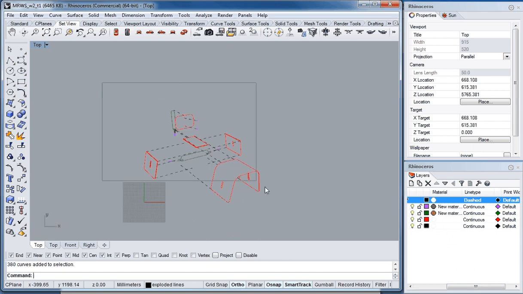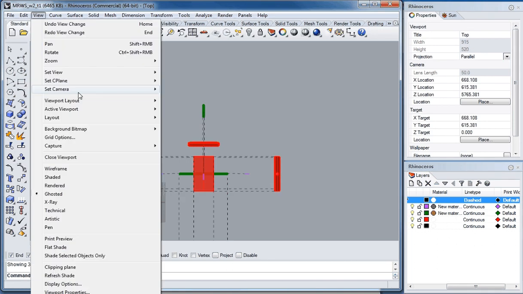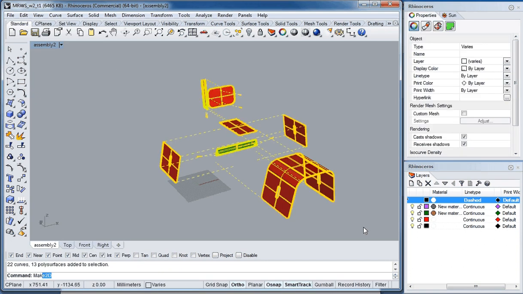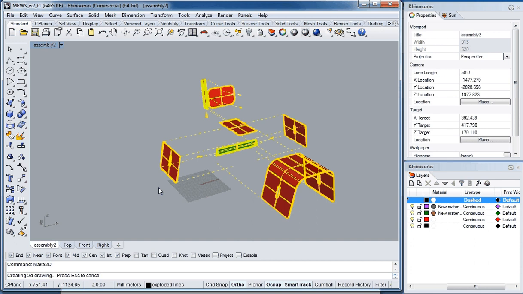So what I'm going to do is just go back to what we had before, and so set view assembly 2. I'm going to make 2D again, but this time I'm going to select show tangent edges and show hidden lines. And we click OK on that. You'll see what's going to happen is that it'll bake out, or it'll find all of the lines from our model,